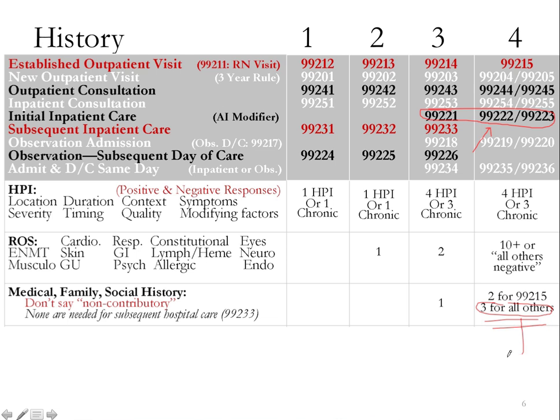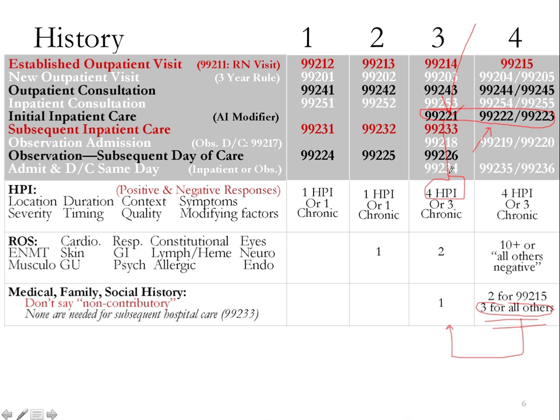If one of those is not documented, or if everything's documented except for the family history, which is documented as being non-contributory, that's going to hold you back to the 3rd column here, which means the highest level of admission you can bill is at 99221. A couple of other points that I want to make before moving on to the next slide here is that in order to get up to that 99221, you also need to be hitting on at least 4 of those